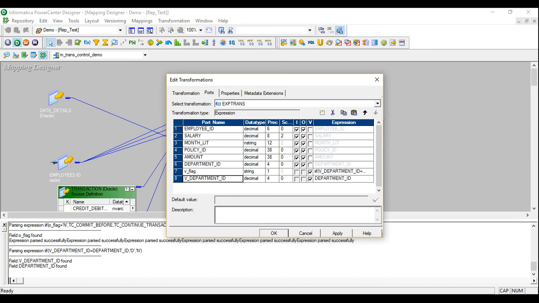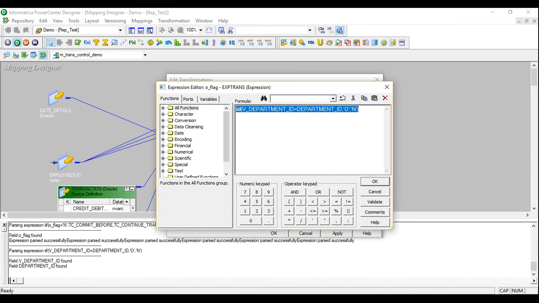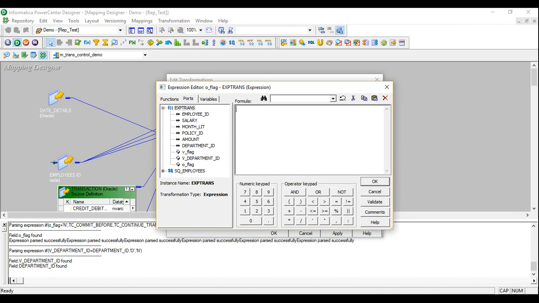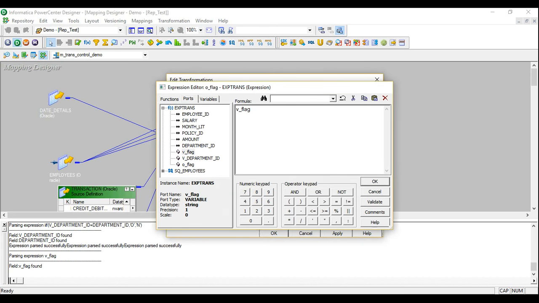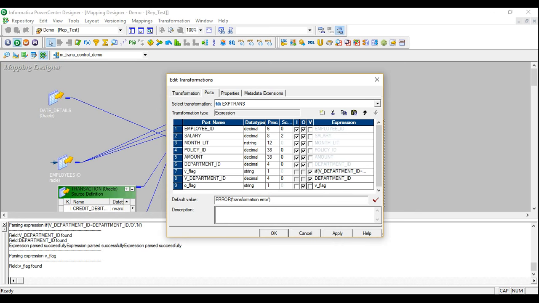And we are going to assign this flag to an output port, output flag. This is an output port.